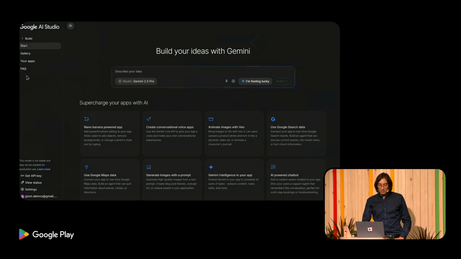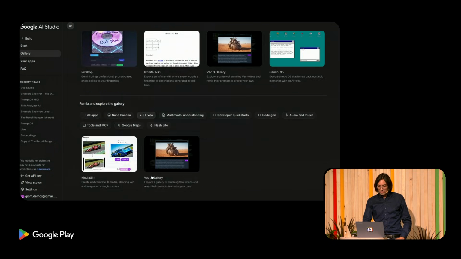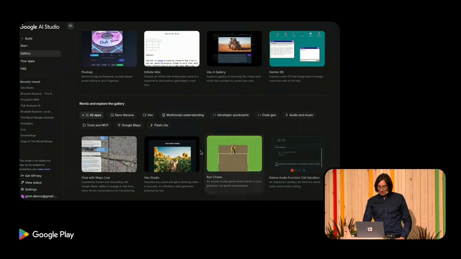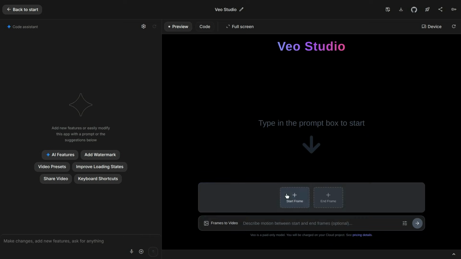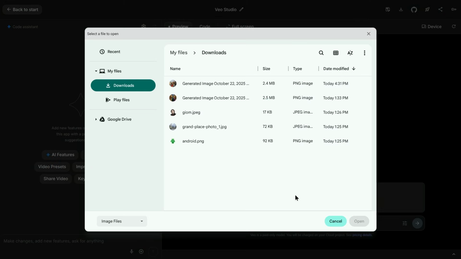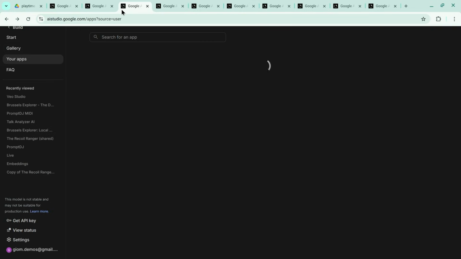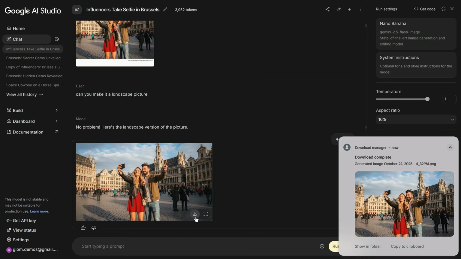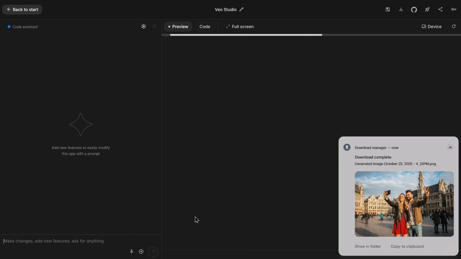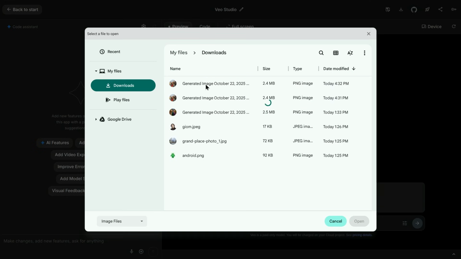So we are going to use an app that is called Veo. Oops, not this one here. That is called Veo Studio. Here. And we are going to do frame to video, which means I give the first frame to the Veo model, and it will create... I didn't download it. Damn. We have to go back. We're back here. So I will give it the first image, and it will create a video based on